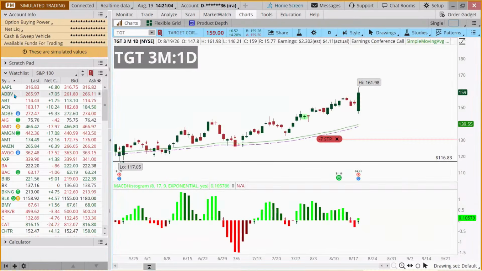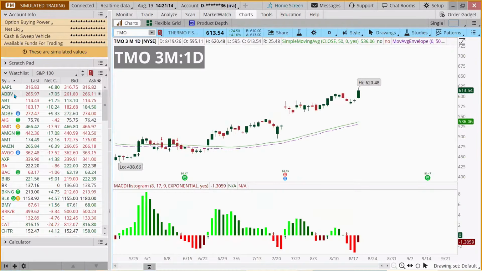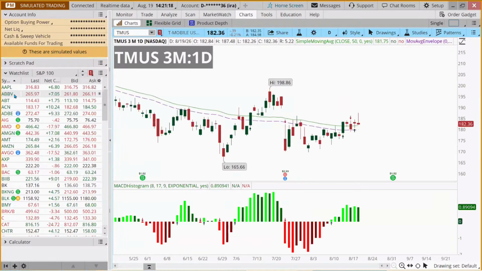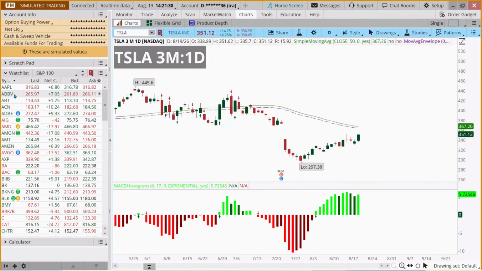Target, green arrow, win. Today, it looks like it gapped down on earnings and rallied all day. So that's a valid buy signal today. We already own this one in our paper money. TMO, MACD's red. T-Mobile, okay, price is above the moving average yesterday and today. MACD's green. Moving average looks like it's probably starting to rise or sideways. This is one of those that's a question mark in my book.